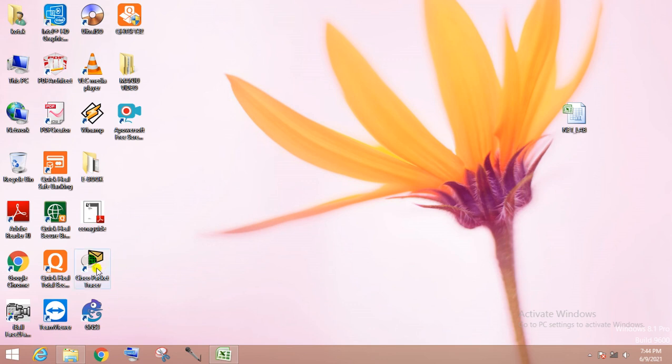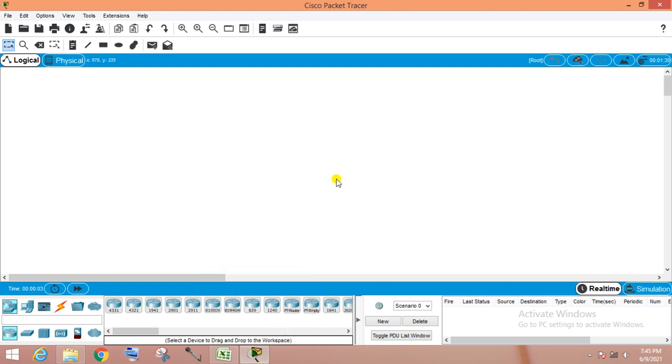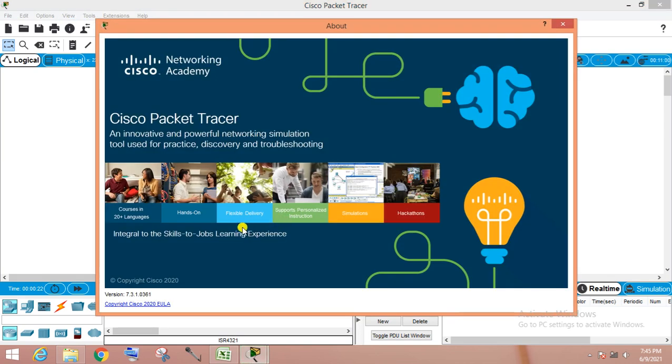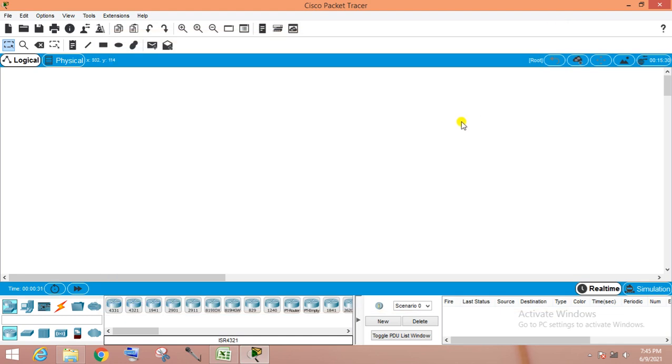So I just want to give a brief view of this Cisco Packet Tracer, and how we will do this practical. We have just opened Cisco Packet Tracer, and you can observe the toolbar here. All the things are there. First, we have to know the version of this Cisco Packet Tracer. To check this, you can go to the Help button and click on About. You will see version 7.3. Just install this 7.3 version on a Windows machine. You can download it from the internet. You already know how to download and install.